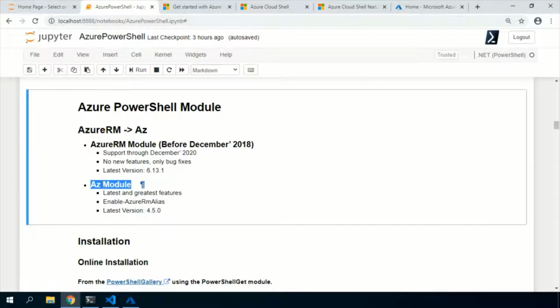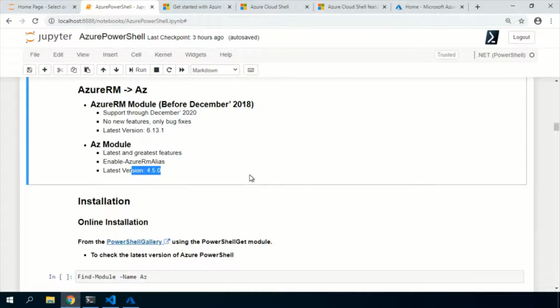And of course, the latest Az module has backward support for the old module by enabling the aliases, so without needing to change your scripts, you can directly run them with the latest module. At this moment, the current latest version of the Azure PowerShell module is 4.5.0.